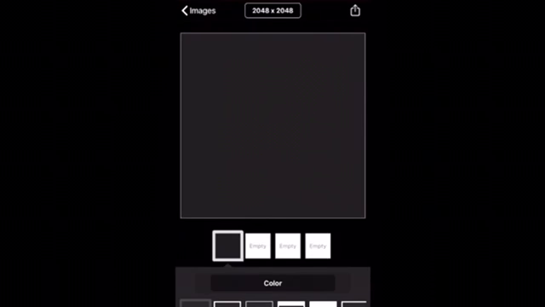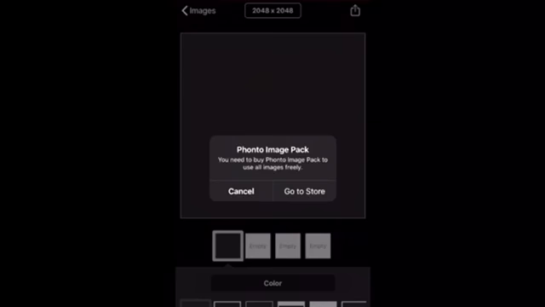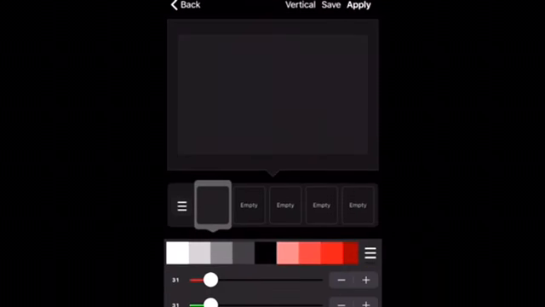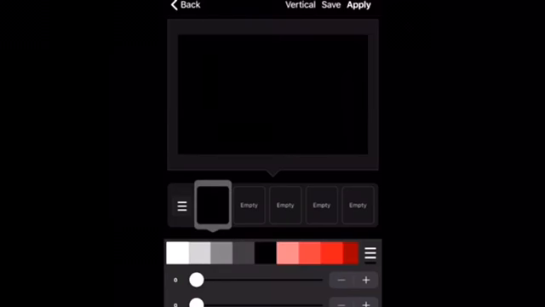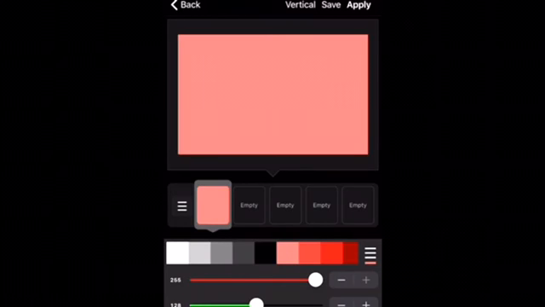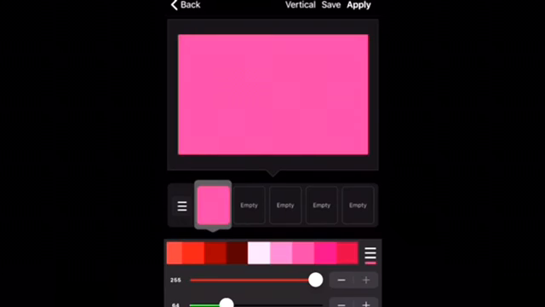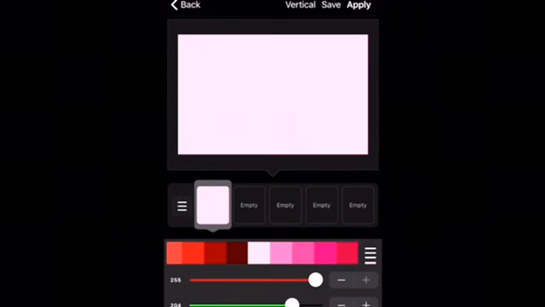And there are different colors that you can use. Today there's, let's see, this red one. There's a pink one. But I think we're going to go with this lighter color here. So we're going to choose that, and then we're going to hit apply once you're satisfied with the color that